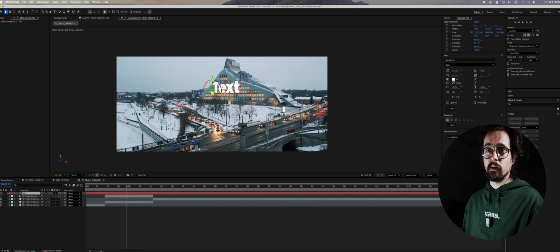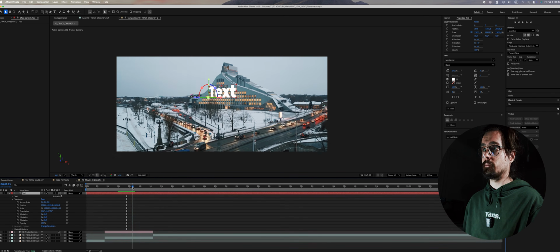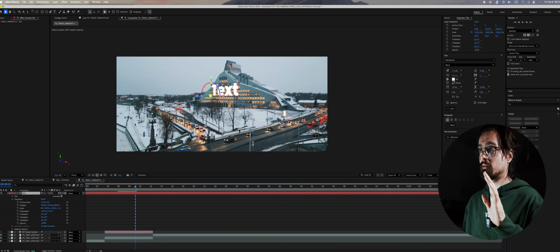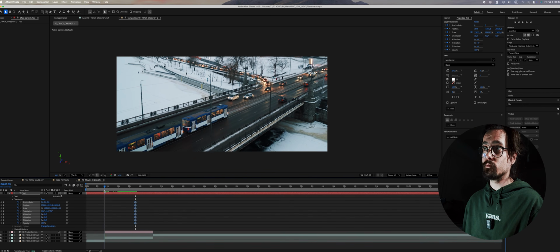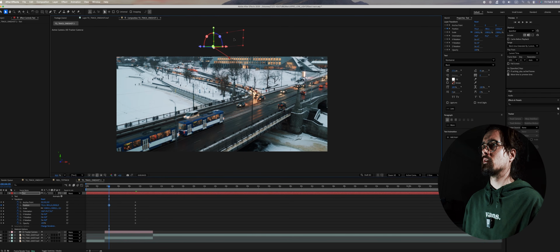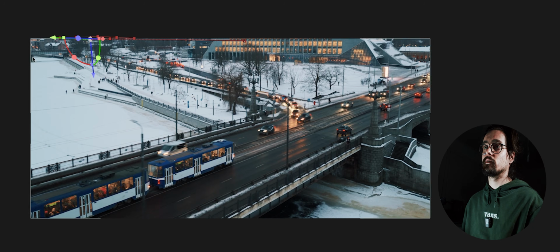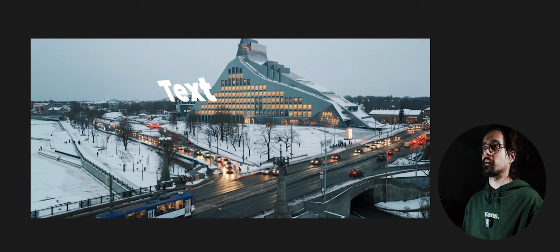You can animate it manually by just going here, clicking on transform. So let's find the place where we want our text to be in place. Let's just click on all of these stopwatch thingies, and then let's go to this, start this somewhere here, and we shall just pull it out even more in the Z space, so we have this rotational movement that might look pretty cool. And we have our text, kinda